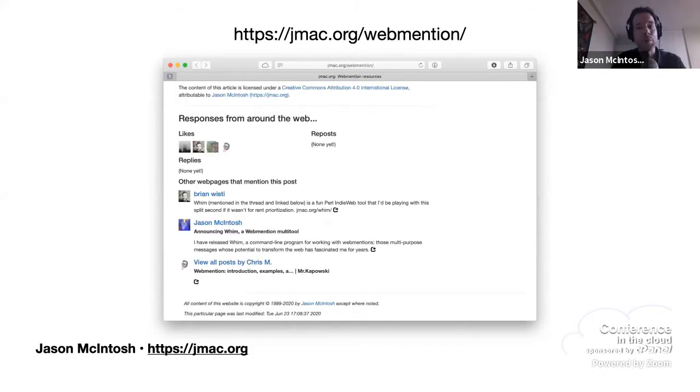And you'll notice that one mention is from myself because I linked to this page from an entry that I posted to my own Webmention-enabled blog. So this shows Webmention's ability to act as a medium for both comments and social media style reactions without relying on any closed profit-seeking service like Twitter or Disqus.